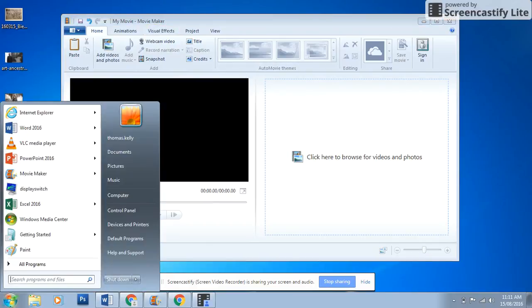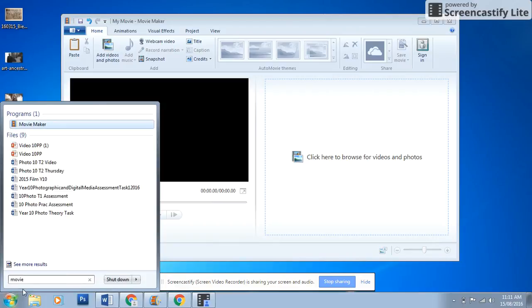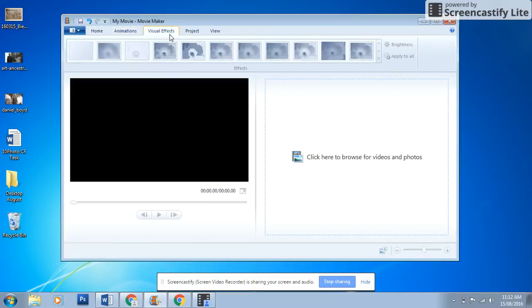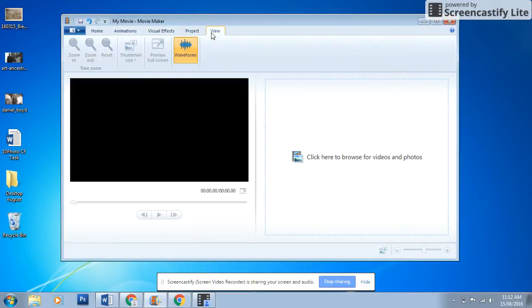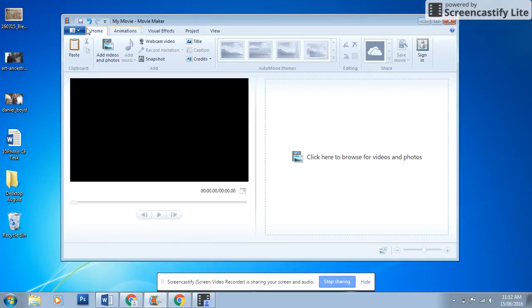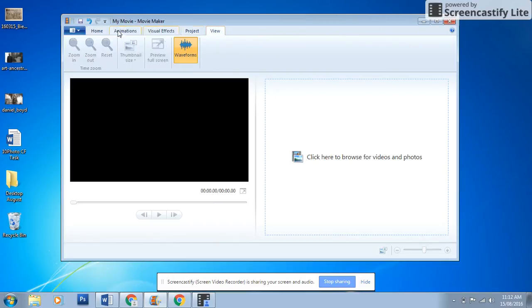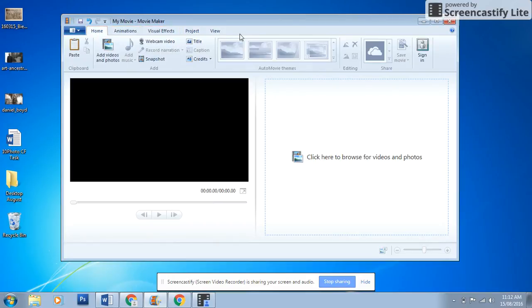How you can access it is you can click here on the Start button and just type in Movie Maker, and it should come up on most Windows. It should already come with the computer. So up here we have our Home, Animation, Visual Effects, Project, and View buttons. The main ones that you'll use are Home and a little bit of Animations and some of the View as well. But a couple of extra tabs will come up later on when we bring in some actual content,